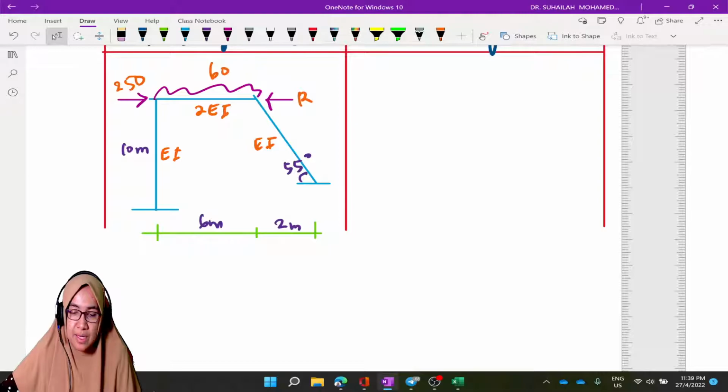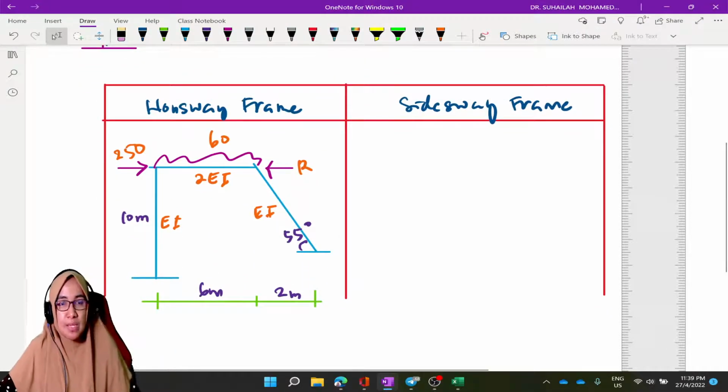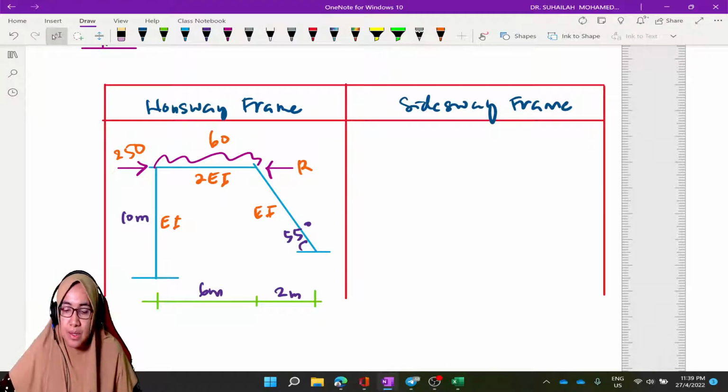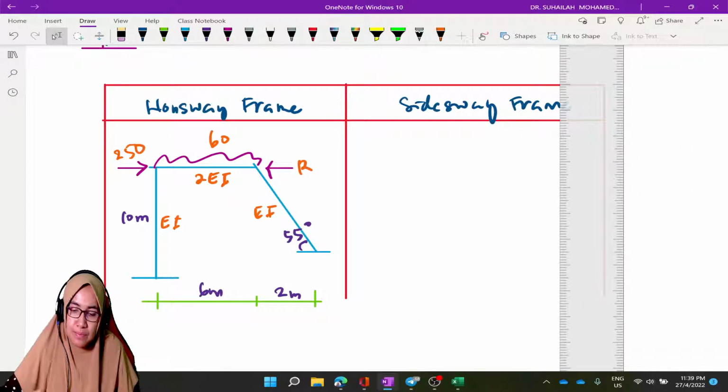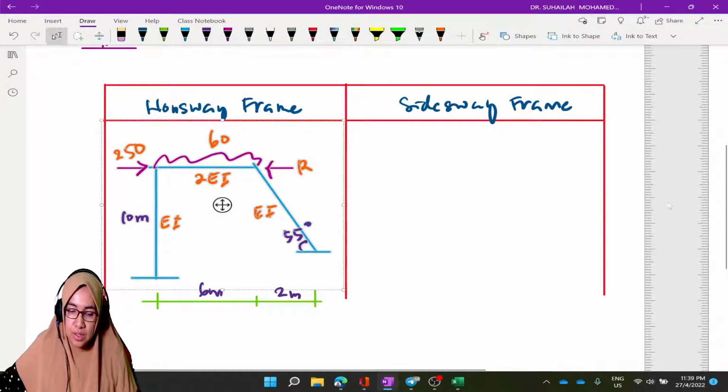So this will be the Sidesway frame. This is for table number 1. For Sidesway frame,